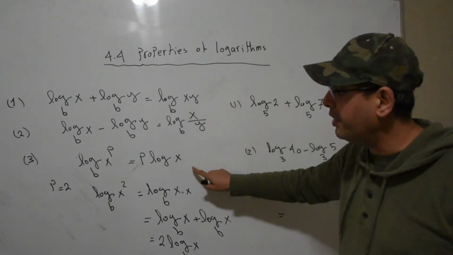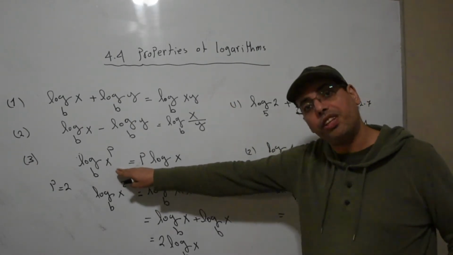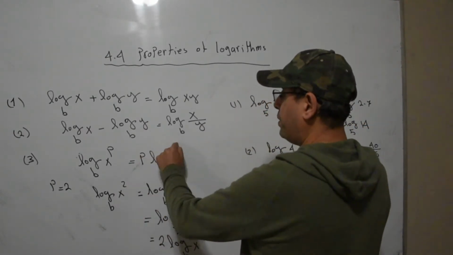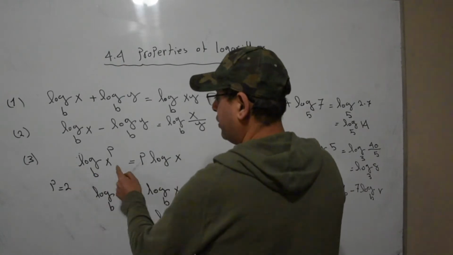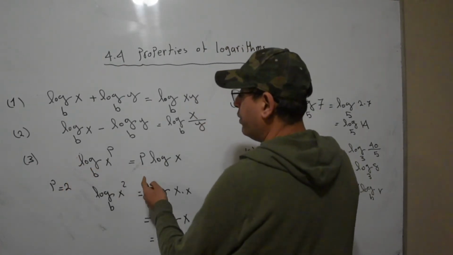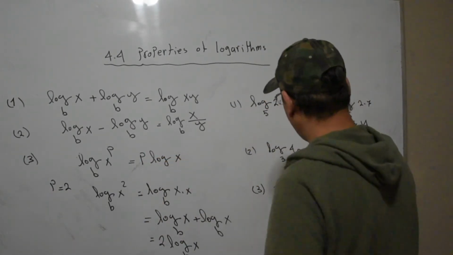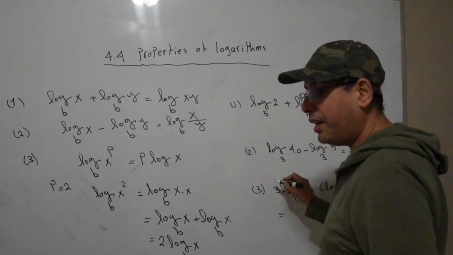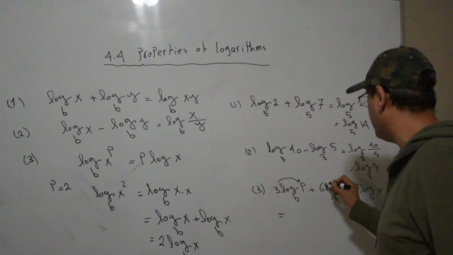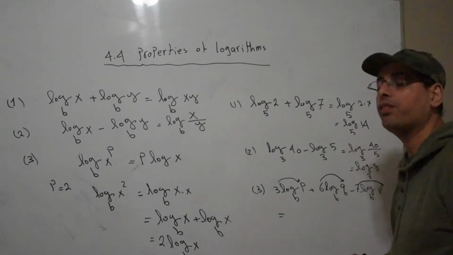Yes, I can use this property number 3, but backward. I want to make this p over x here. So you see how it goes here? So I made the coefficient 1 by removing the p as a power of x. So now I'm going to use the same thing. Okay, the 3 goes as a power of p, 6 goes as a power of q, 7 goes as a power of